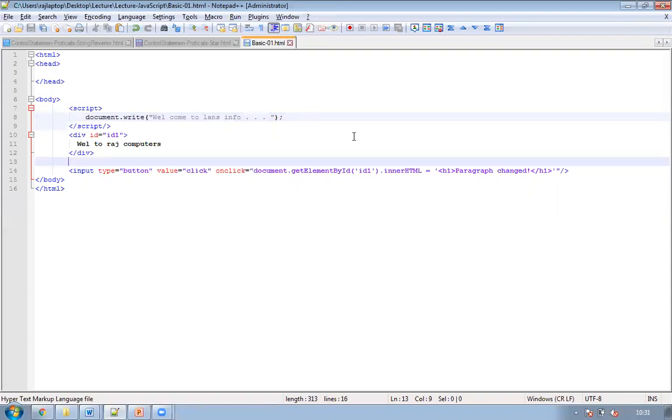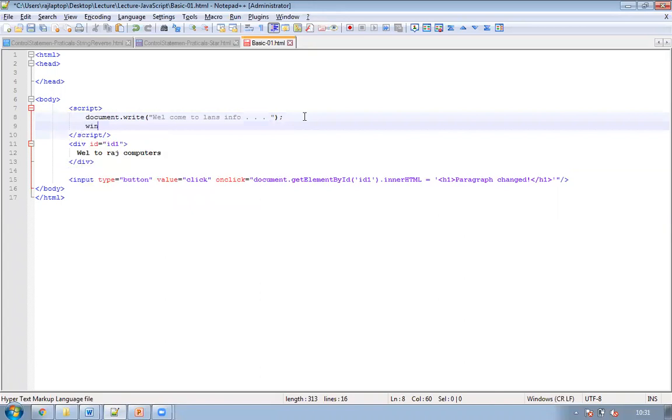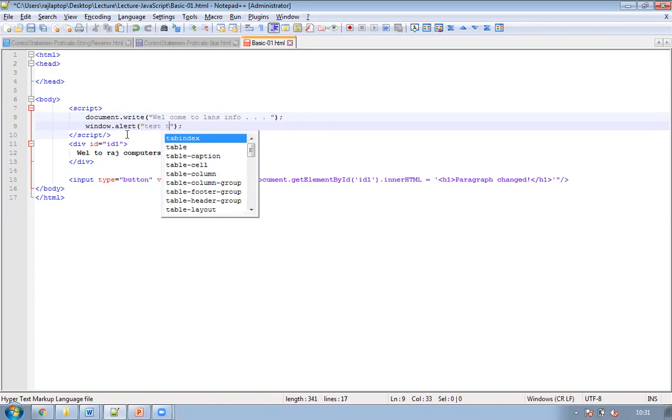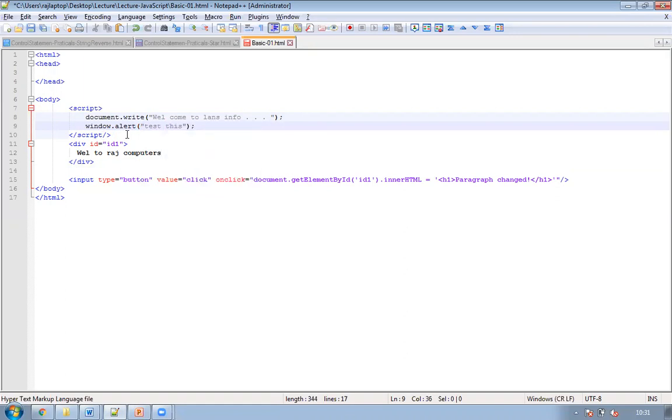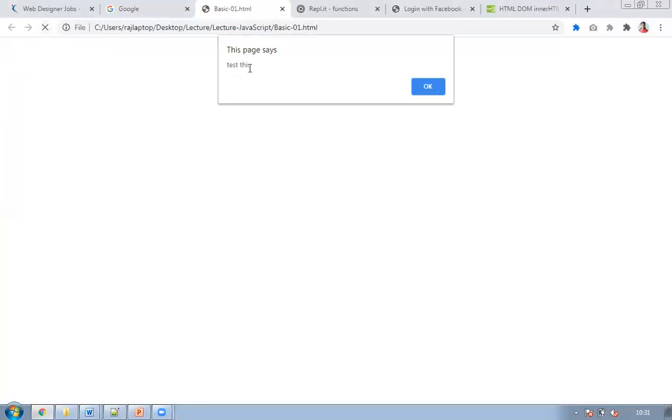So I can just write a script command here and say window.alert. You can just say test this. So when I save this and execute this, refresh it, it shows me test this.